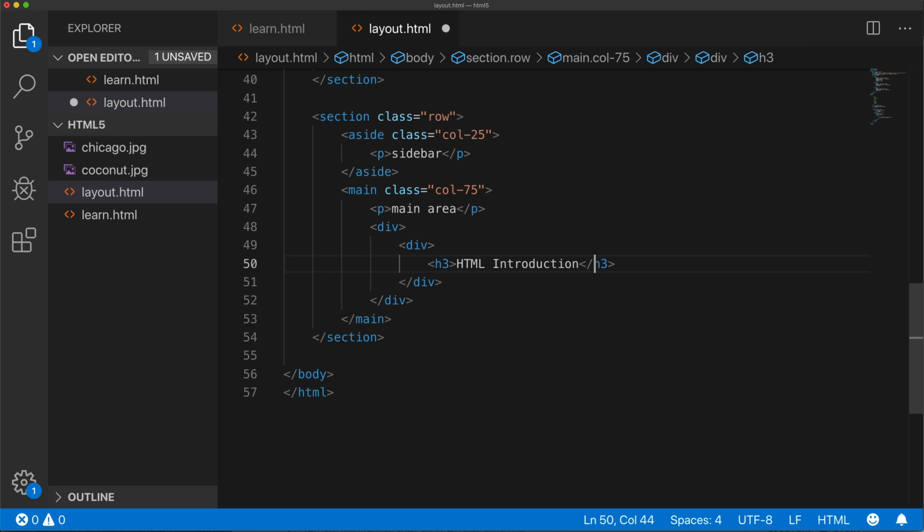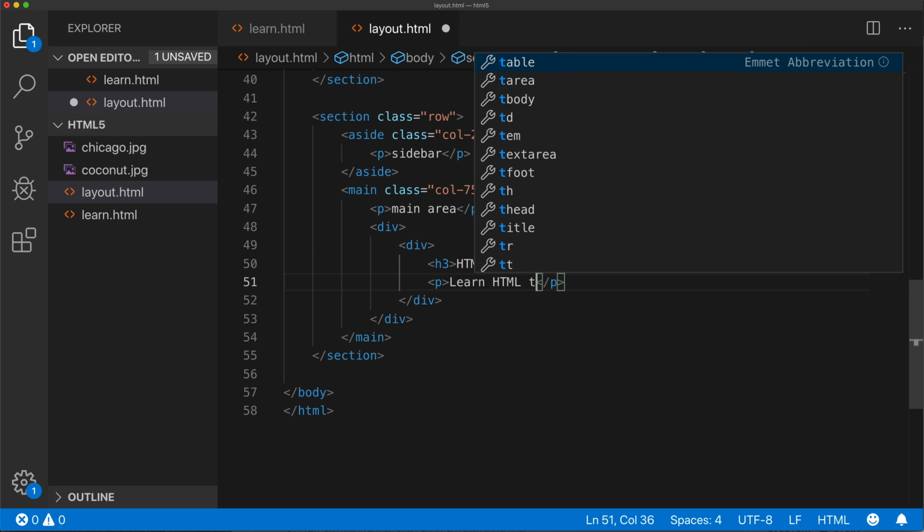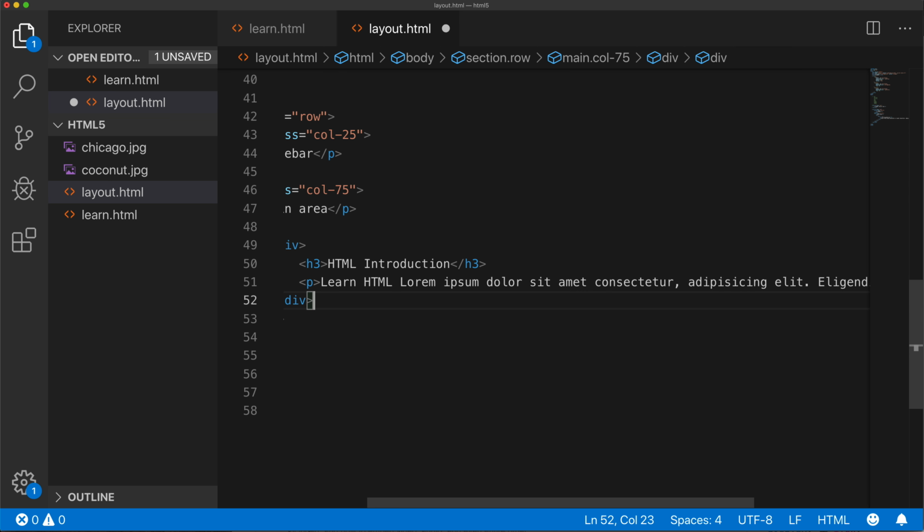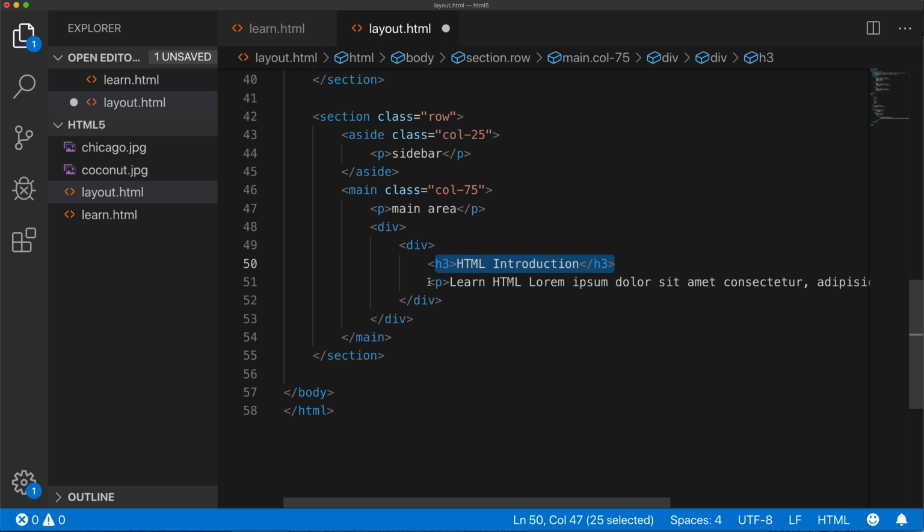And then below that H3, we'll do a paragraph, learn HTML today, blah, blah. Anyway, so I'm just going to spice this up by just adding about 12 more words in here, some random stuff. Basically, heading and this paragraph inside of that div box,